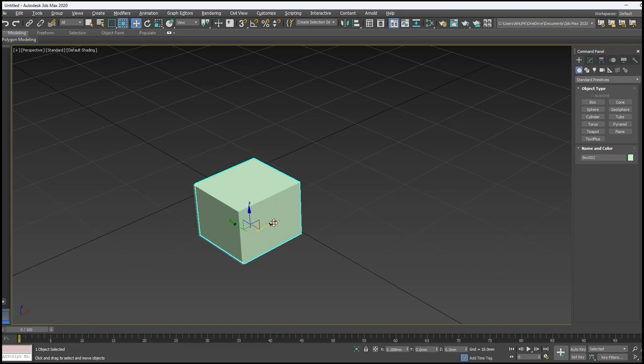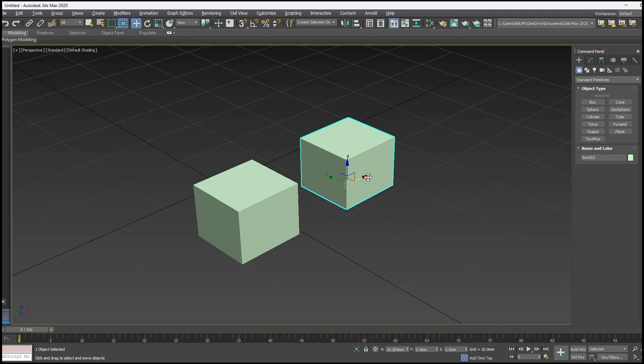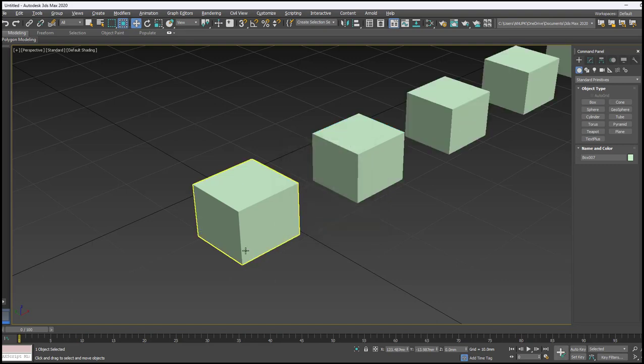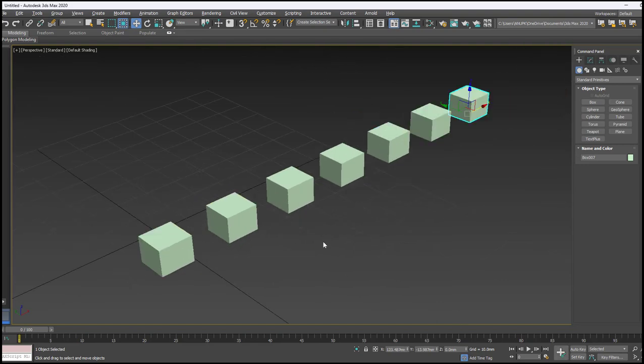Now I am clicking the X direction and just moving it. Just hold the Shift. Once you get a copy, leave the Shift and then place it. Once you place it, you will get the dialog box, that is Clone Options, like this. If you want to simply copy, then make sure you have the copy option, and the number of copies, which you can increase or decrease, and then OK. So this is how we can copy.